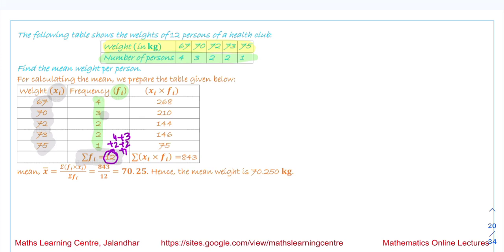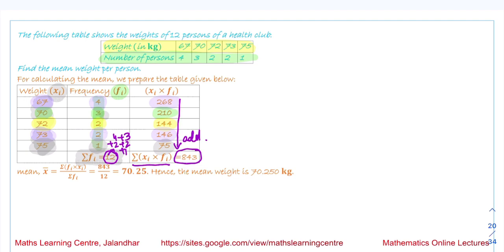Next we calculate xi fi. 67 into 4 is 268. Next, 70 into 3 is 210. Next, 72 into 2 is 144. Next, 73 into 2 is 146. And next, 75 into 1 is 75. Now we add all these values, sigma xi fi, and by adding all these values we get the answer,